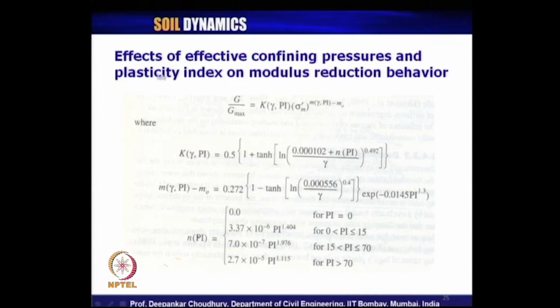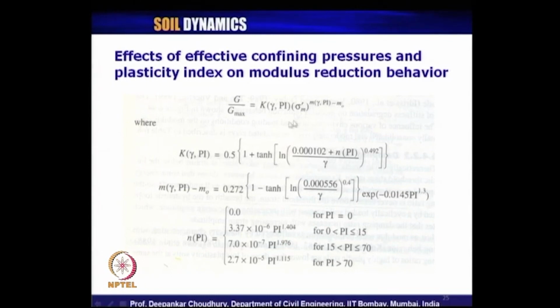Now, what are the effects of effective confining pressure and plasticity index on the modulus reduction behavior? So, this relation has been given. G by Gmax can be computed using this expression. K is a function of the shear strain and plasticity index, and another function is the effective confining pressure to the power of m, which is again a function of shear strain and plasticity index, minus m naught, where the expression for this function K, which is the function of gamma and PI, is given by this,